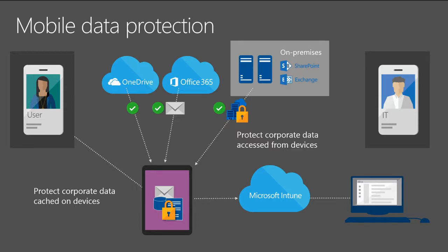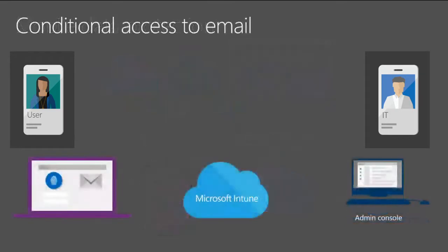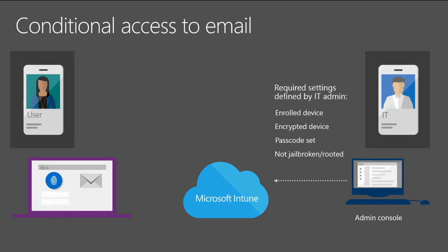So the first part of our story: how do you decide what kind of devices can access your corporate resources? We do it through our feature called conditional access. You probably heard about it. If not, I'm going to explain it now. The way conditional access works, for example, if your employees try to access your on-prem Exchange server or Office 365 or Exchange Online, you can define a set of policies